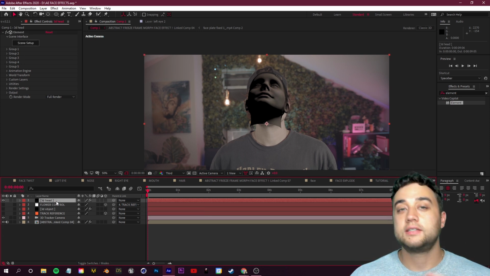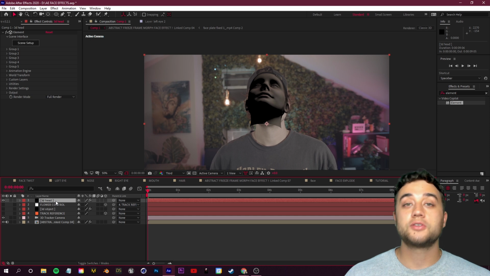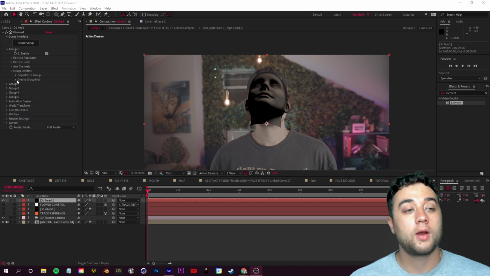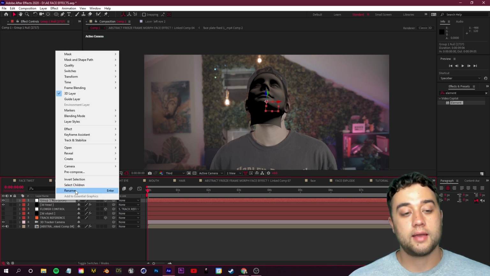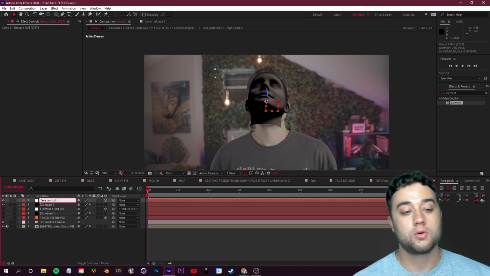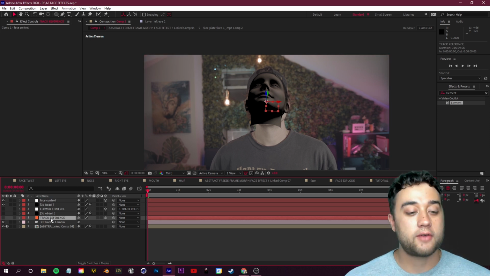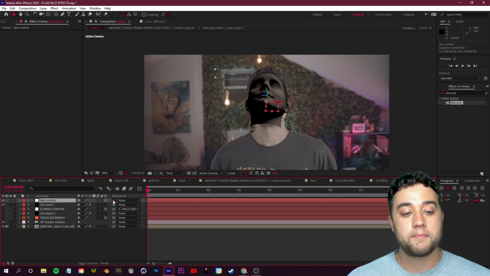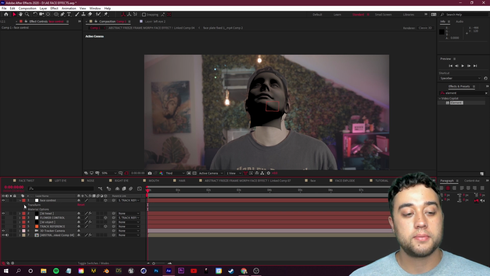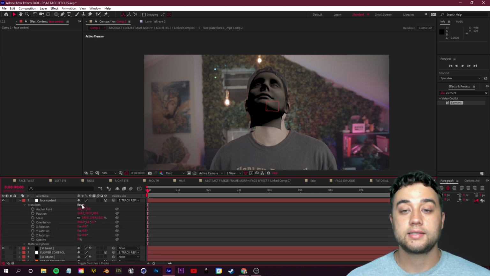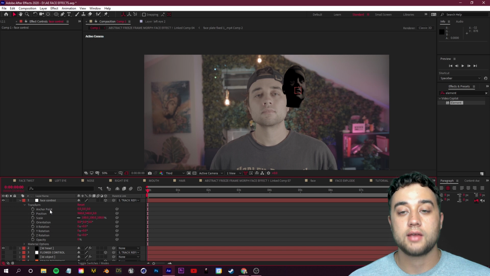So to do that, we'll do the exact same steps we did for setting everything else up. We're going to go up to Group 1 in Element 3D. We're going to click Create Group Null and then Create. And now we have this control layer. So I'll rename that to Face Control, and parent that to our track reference. So let's just grab my pick whip and drop that on our track reference, just like that. And then we can open up our transform here, click Reset, and that'll get placed in the correct area.